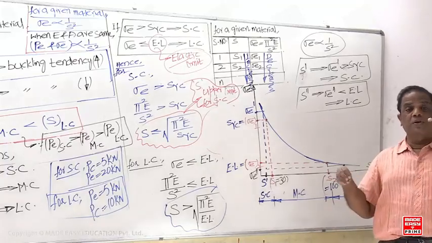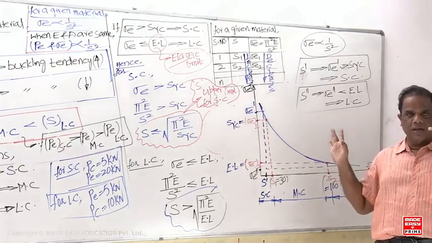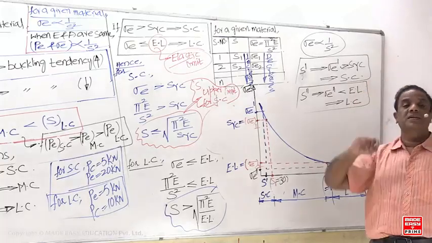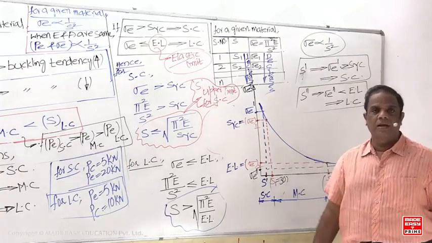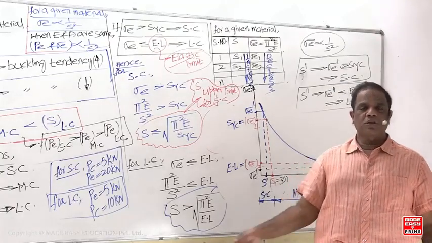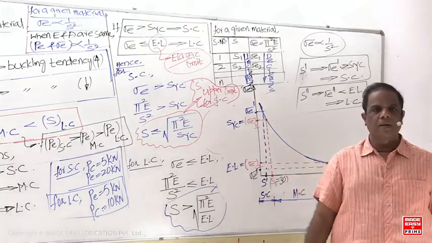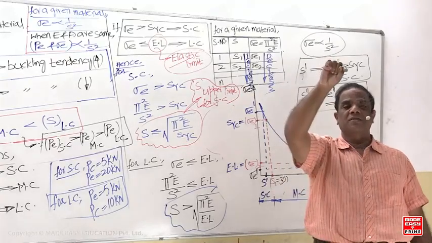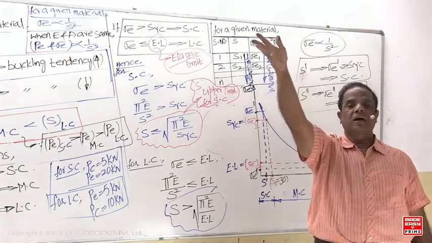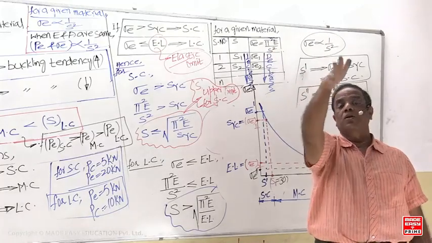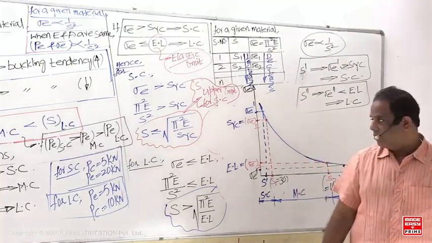In the present syllabus, you don't have the engineering services syllabus. But in your previous old papers, the engineering services column chapter was there, so there are a number of questions for practice. GATE questions are few. But when you are practicing the previous engineering services papers, don't refer to the Rankine formula. In the present syllabus, you don't have the Rankine formula. Only the Euler formula is there in the GATE syllabus.